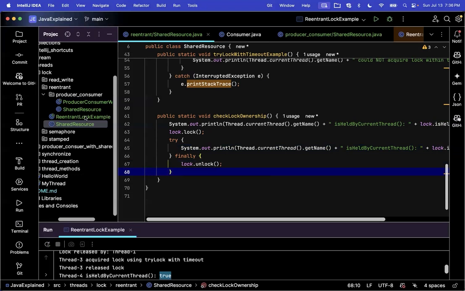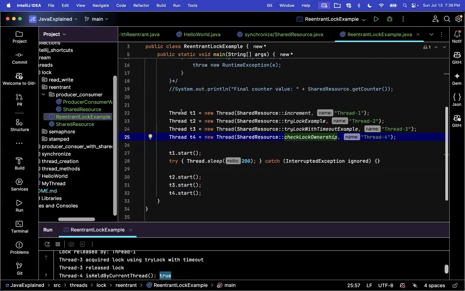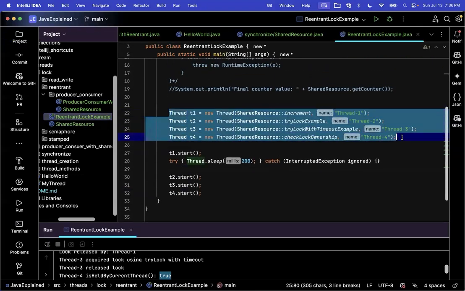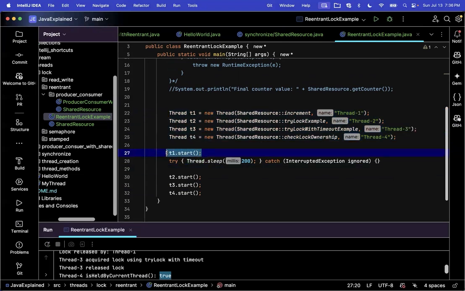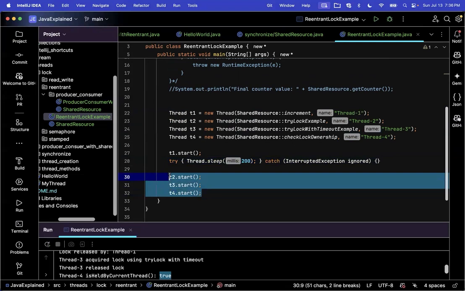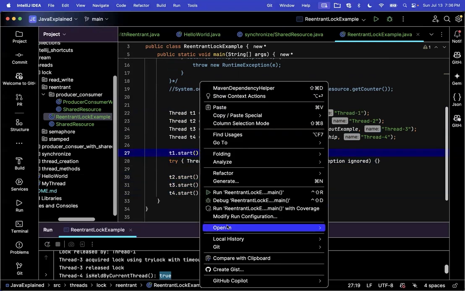Okay, so now I have created 4 threads. First I've started thread 1 and then waiting for 200 milliseconds, and then I'm running 3 other threads. So if I run this